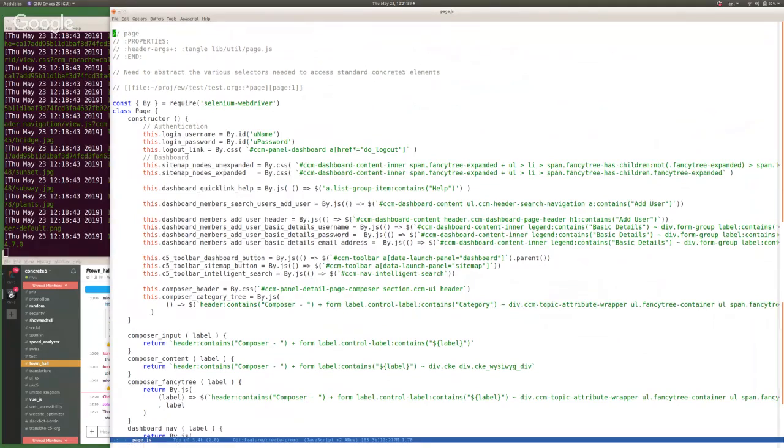You can see here, for example, for logging in, we've got the by ID, which is provided by the Selenium WebDriver. You can see up here, const. This is provided by the Selenium WebDriver. And then we use that to select different things either by ID, by CSS, or by JavaScript. So we define that once in this object, and then you can use